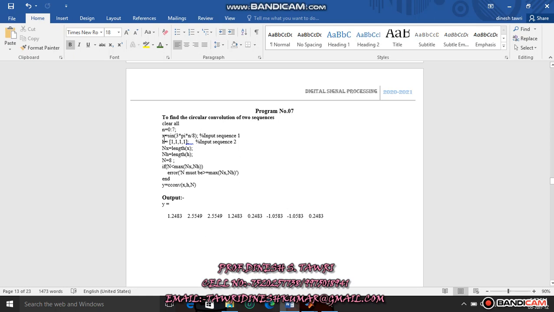In the next line we have to write small x equal to our first input sequence. So sin in circular bracket 3 asterisk pi n by 8, and the bracket will be completed.